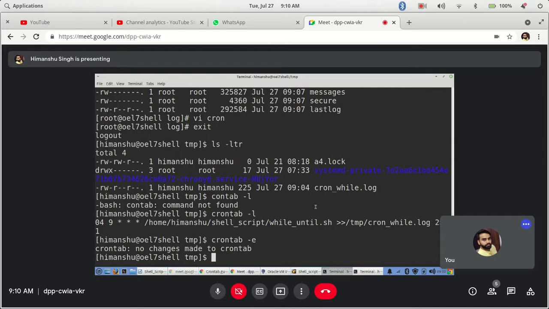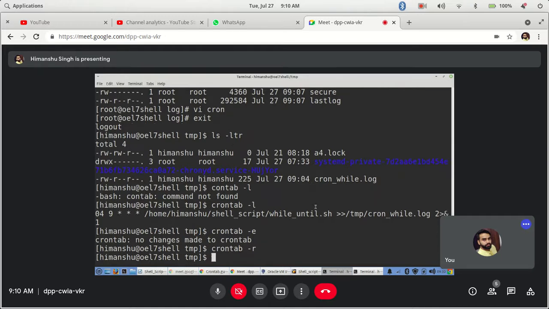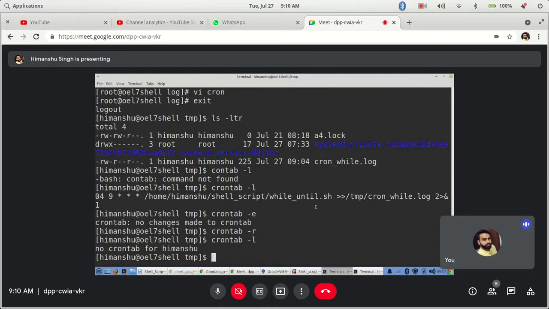Also, one assignment you can note down: make a cron entry, a cron job, to take a backup of your cron. How can you take the backup of your cron? Because there is a command crontab -r. If you run it, it will remove your cron. Let's say if I run it, my cron would be gone. It will not ask you for confirmation.